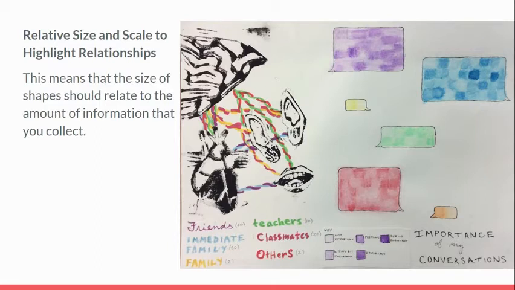The second one, the relative size and scale, we can see the amount of conversations that this student had, as well as the importance of them to her and who they're with, just by the way she's layered color and size and the level of value inside of the color. So when we have relative size, we can see really, really clearly that these little yellow and orange bubbles are minor conversations, but she spends a lot more time talking to immediate family, friends, and looks like